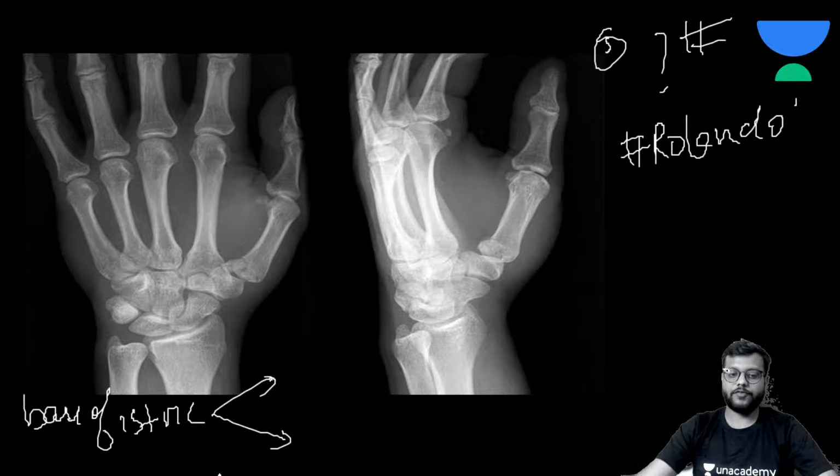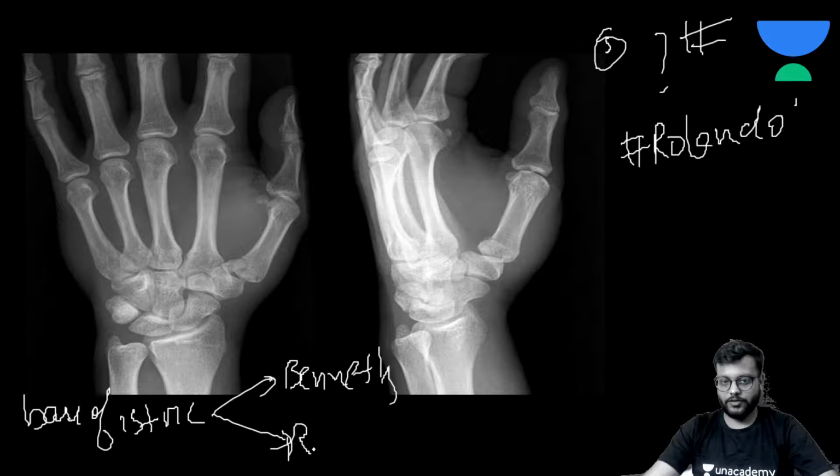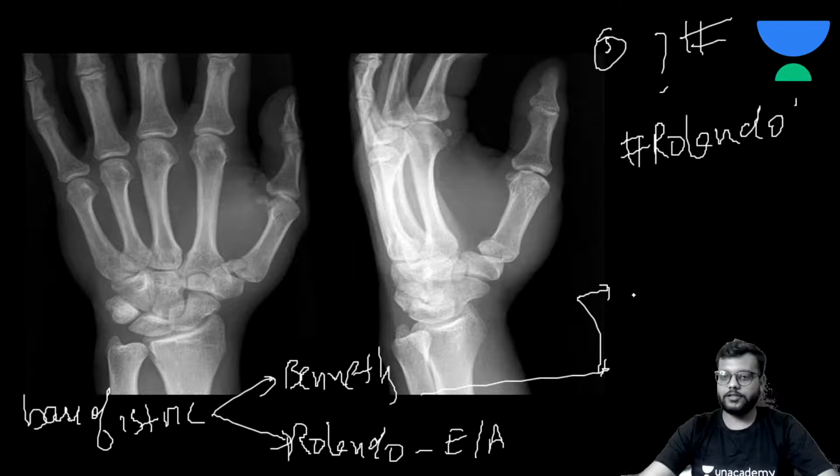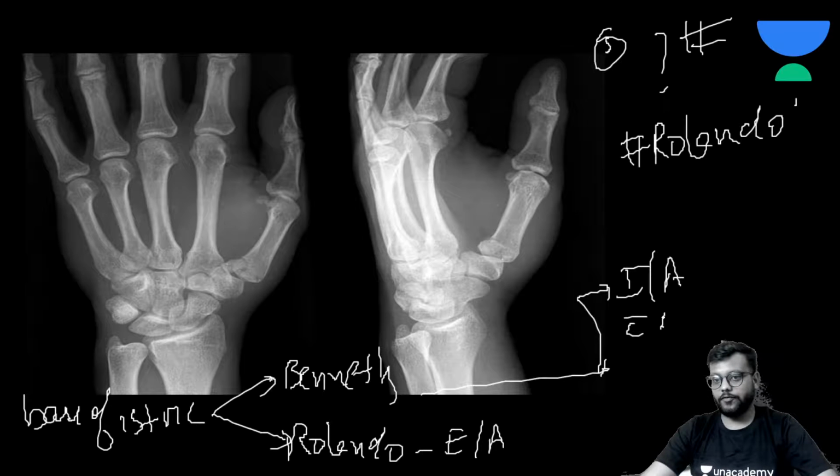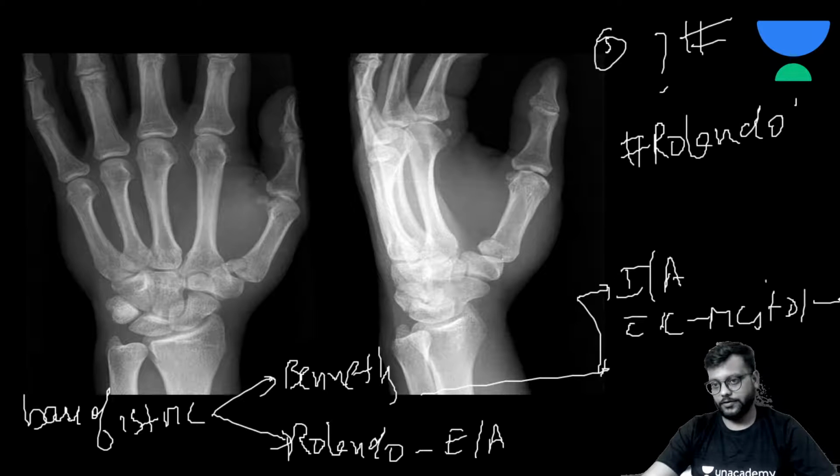There are two types of fractures. One is Bennett's and one is Rolando. Rolando is extra-articular. Bennett's is intra-articular with displacement of this carpometacarpal joint. Okay,